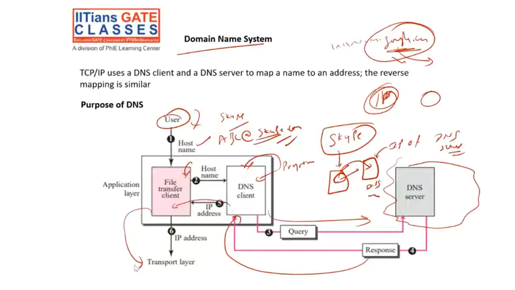See, for the normal communication, yes, from the DNS client to the DNS server, the physical layer is there, but that is a peer-to-peer communication for now, right? So whatever IP address comes goes to the transport layer. So the DNS query is especially for finding the IP from the DNS server. What will be the structure of the DNS server? How are we storing all the domains and all these things? Later we will discuss. But you got the basic idea of what the meaning of a DNS query is, right?